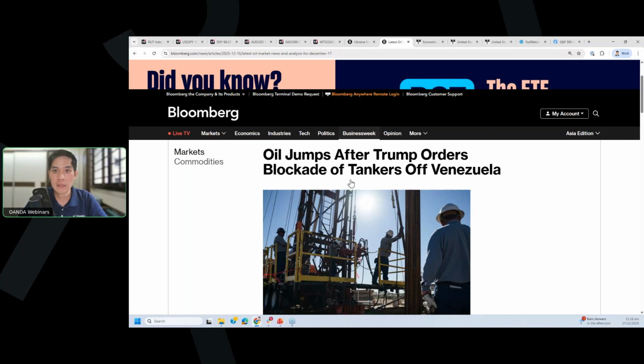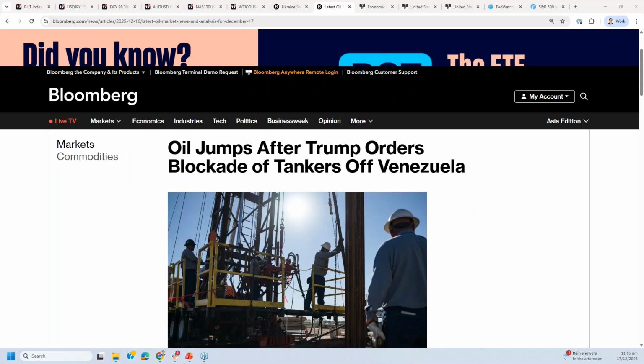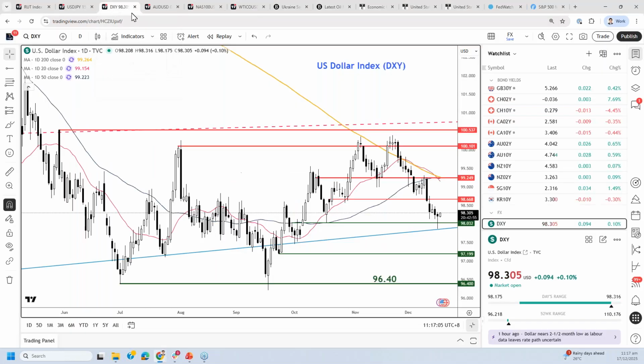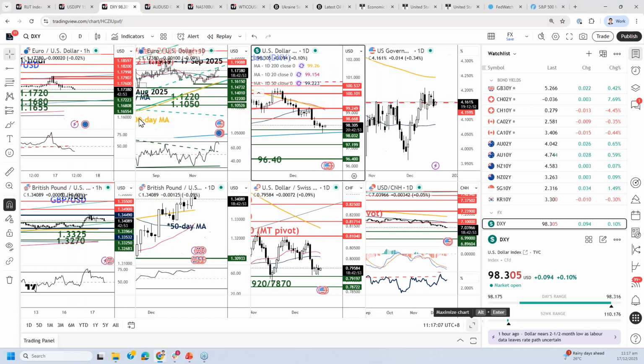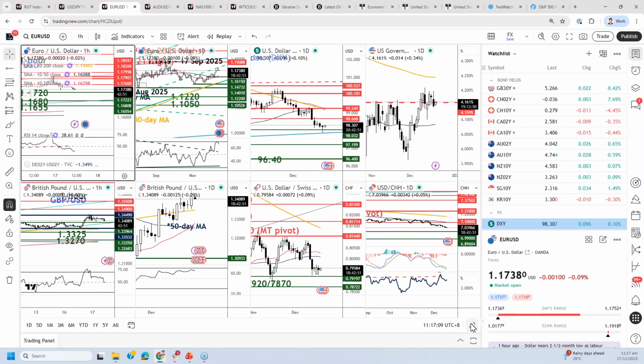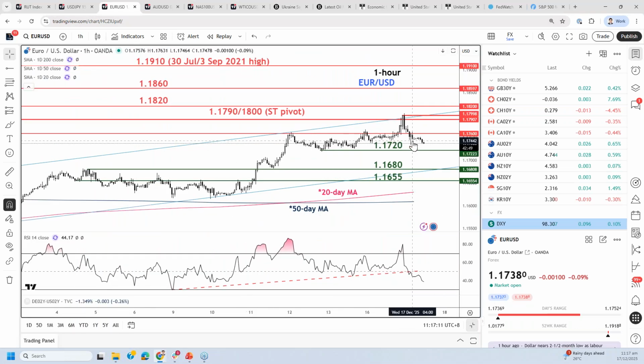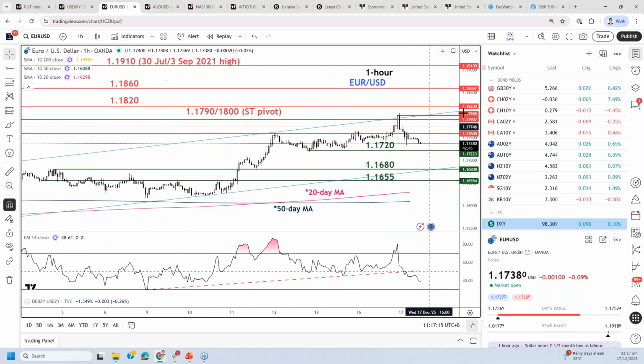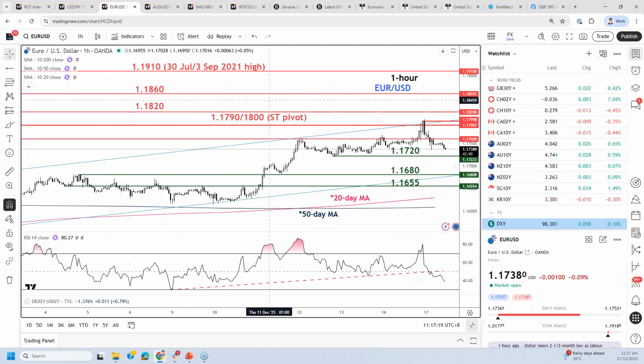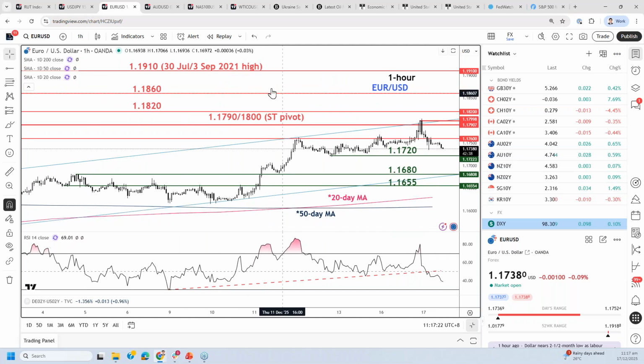All right. So now let us proceed to the intraday technical outlook on all the major cross asset classes. So with that, let me expand my screen. Right, good. So let's start with the FX market. Okay, starting with the euro dollar. So the euro dollar spiked up, all right, as expected. Okay, give me a minute. Hopefully the screen is up. Okay, it should be fine. Great, I think the screen is good.